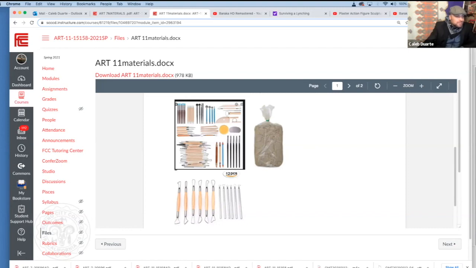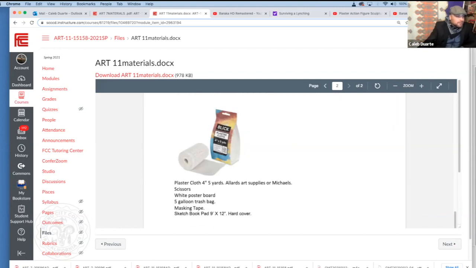There's the block of clay, and then you're gonna get this plaster cloth. It's like what's used to cast your leg when you break it. And then just some other supplies you'll need: some scissors, white poster board, a regular poster board you can get at the dollar store, 5-gallon trash bag. The trash bag is just to cover our clay so it doesn't dry when we're not using it. Tape and a sketchbook,